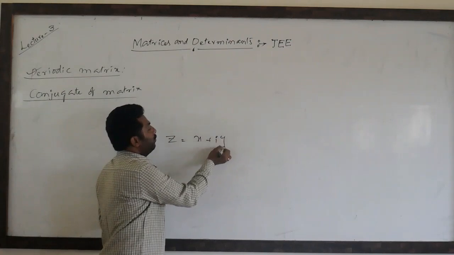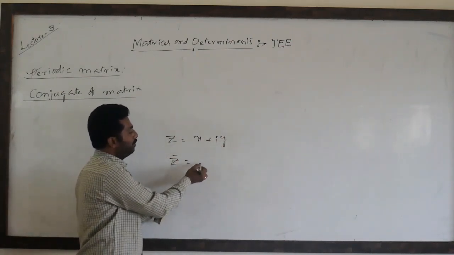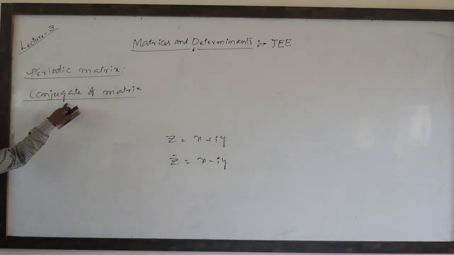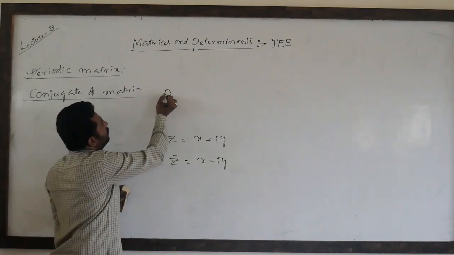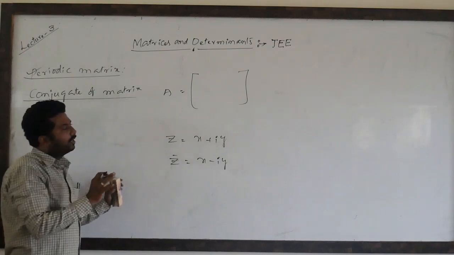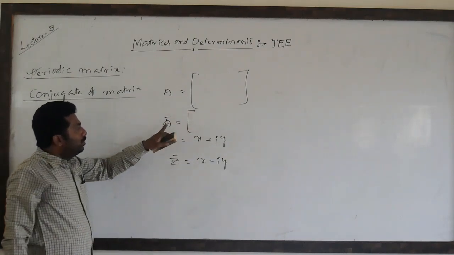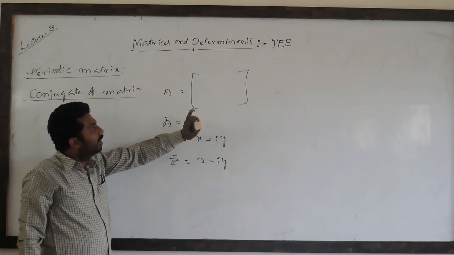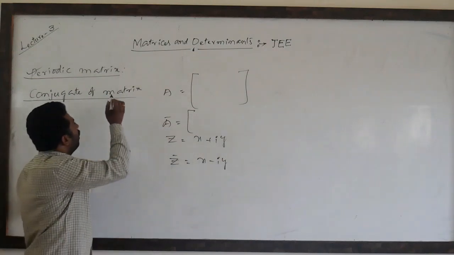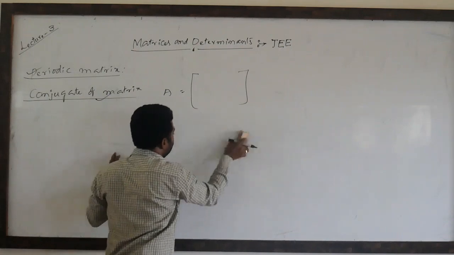Suppose x plus iy is one complex number. What is its conjugate? Z bar equals x minus iy. Similarly, suppose A is a matrix, where all the elements may be complex or real numbers. The conjugate of the matrix, A bar, is the matrix obtained by writing all the conjugates of the elements of A. An example will be: